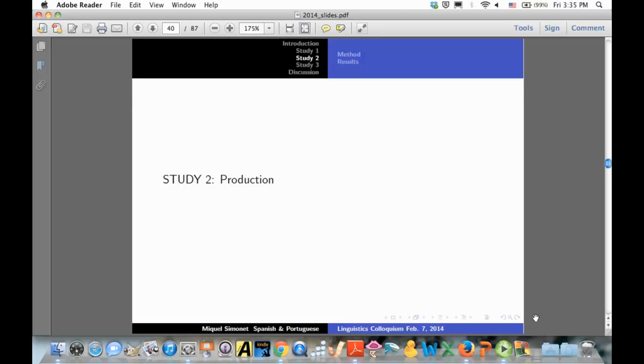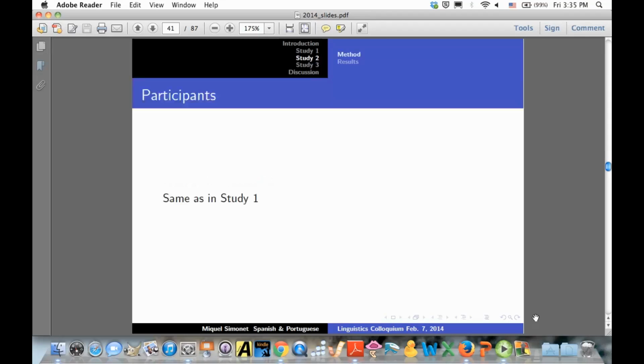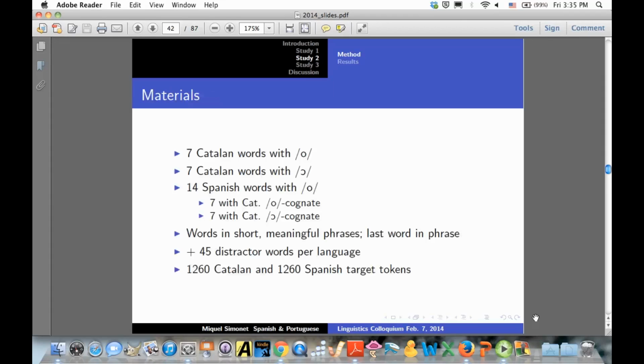It's a difficult contrast, and we've been able to detect this. Let's go to the tasks that have to do with the bilingual modes. The production task, the first one, has to do with the O-A contrast. The participants are the same participants as in the previous study, and these are